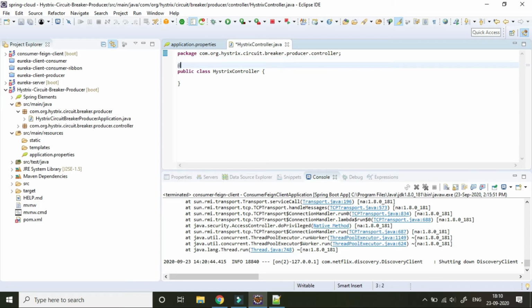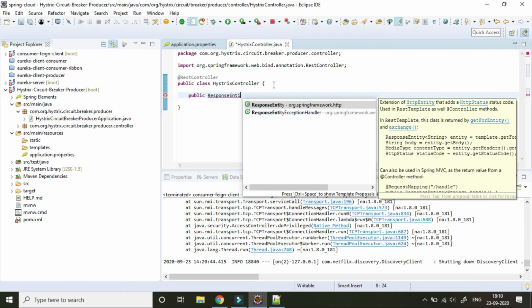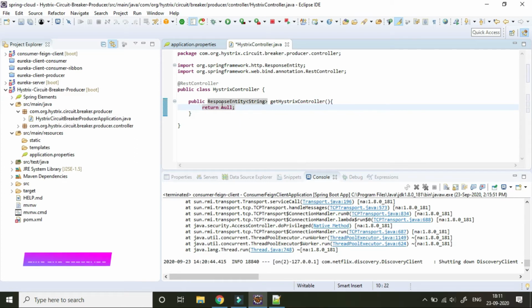Now we have to annotate it as a REST controller. Public ResponseEntity. Later we will change it accordingly.